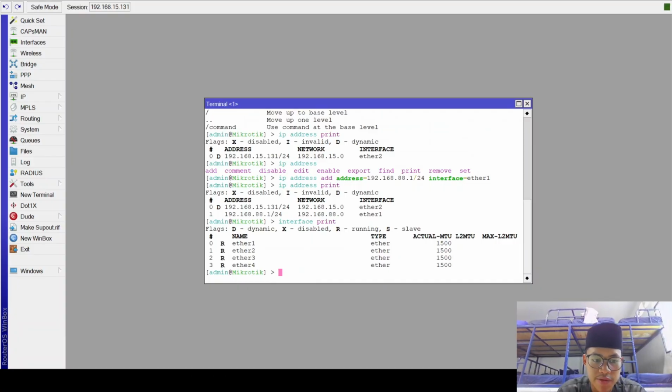This command checks if your router can reach the internet. And if you wanna see your routing table, you can use a command like this: ip route print.